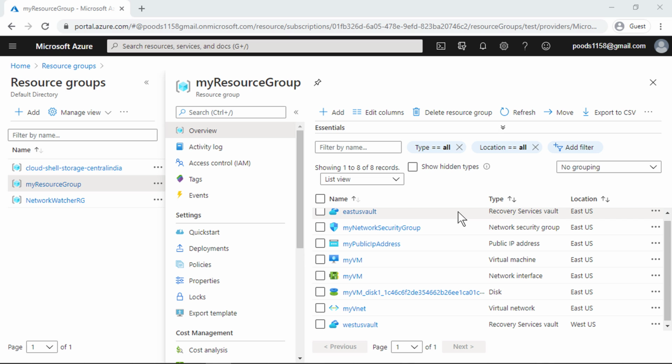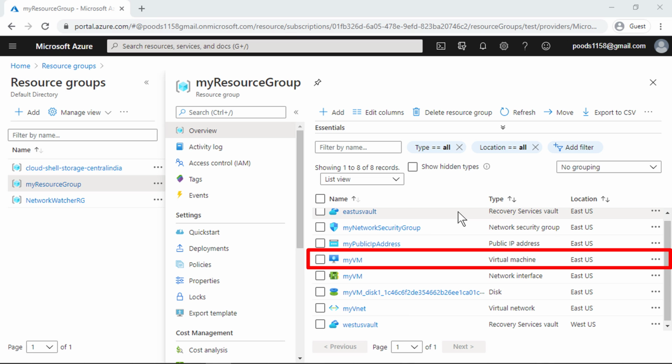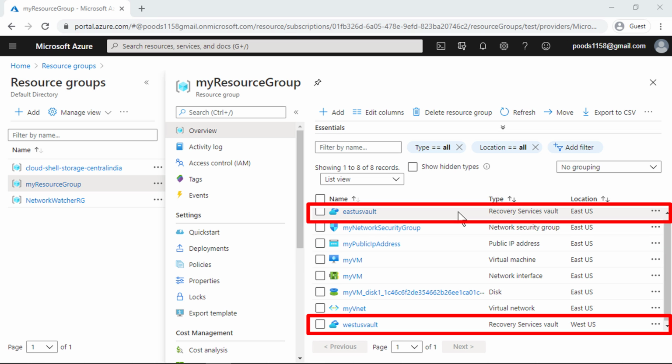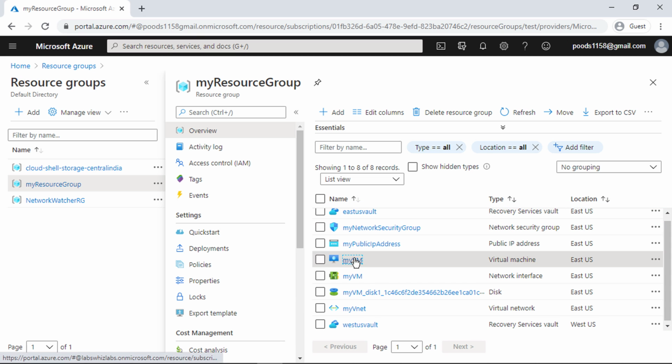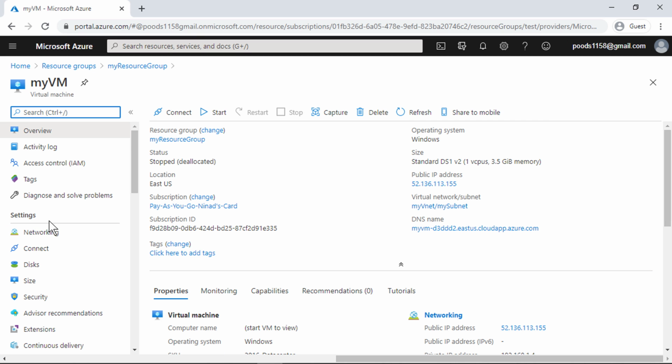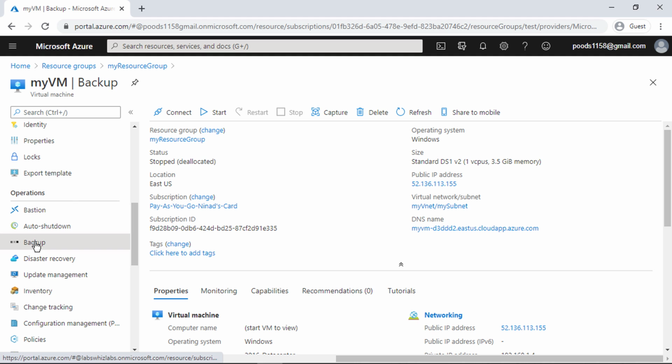To demonstrate this, I have created a VM in the East US location and two recovery services vaults, one in the East US location called East US Vault and the other in the West US location called the West US Vault. To back up the VM, go to the operations and click backup.